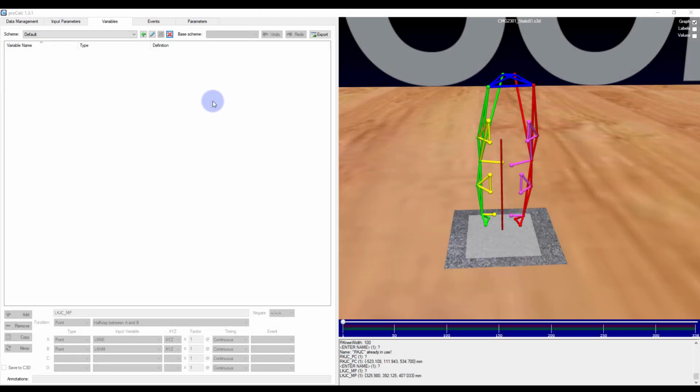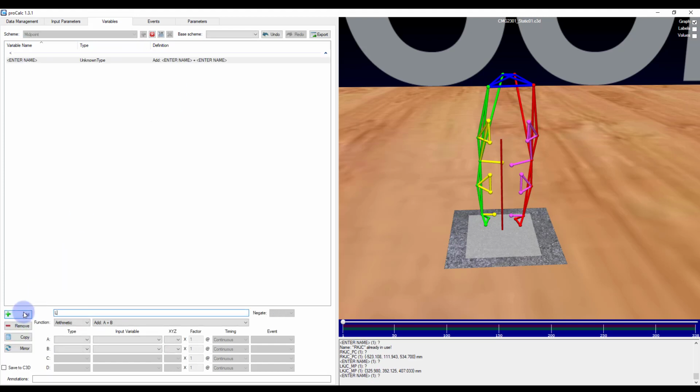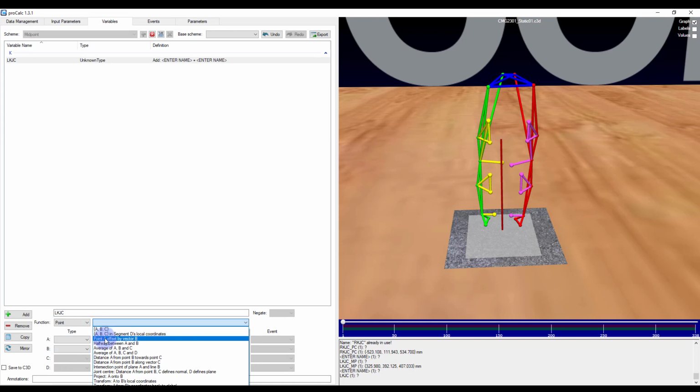One way to calculate a joint center is to assume that it is the midpoint between a medial and lateral marker along the flexion extension axis. So here I have a medial and lateral knee marker. To calculate the midpoint, I will go to the Variables tab and create a scheme. I'll call it midpoint. I'll then add an element, and this will be for the left knee joint center. For the category, I will select point, and then for the function, I will choose halfway between A